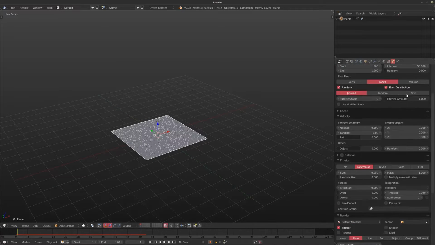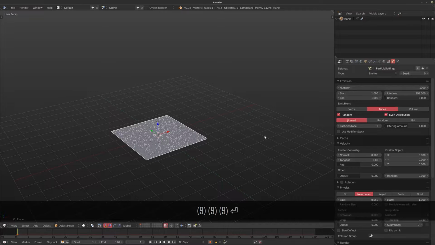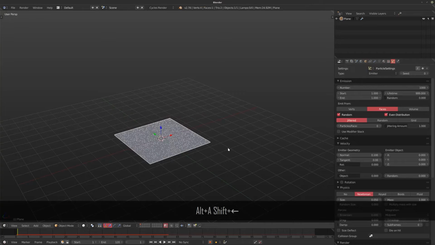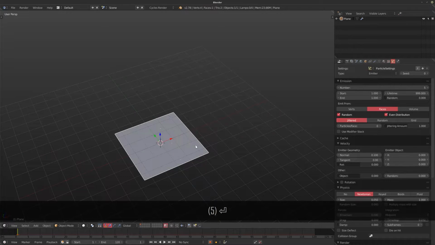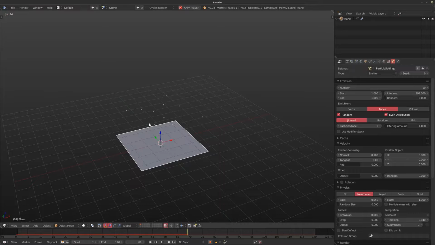So I'm going to have these with a lifetime of 999, so they won't disappear towards the end of the scene. They'll stay there, and I'm just going to have a very, very small number of them moving across. Let's say 5, maybe 10. There we go. And this first particle system is actually going to be the base for a second one that we're going to create, and we're going to use this one to emit from and emit a whole bunch of extra particles to generate this really cool particle stream.